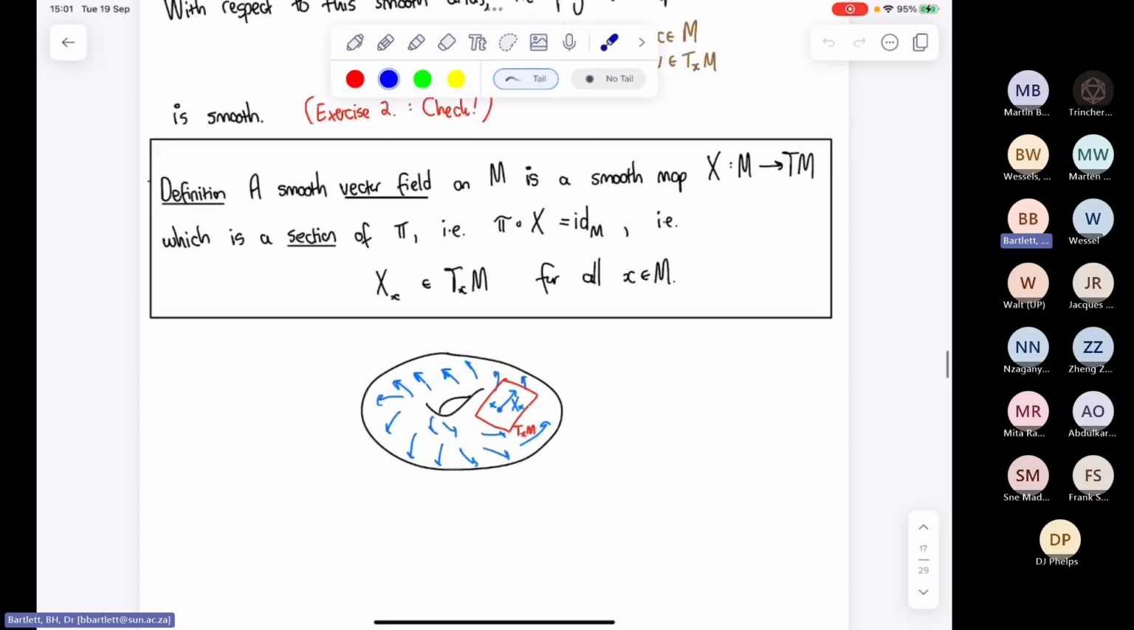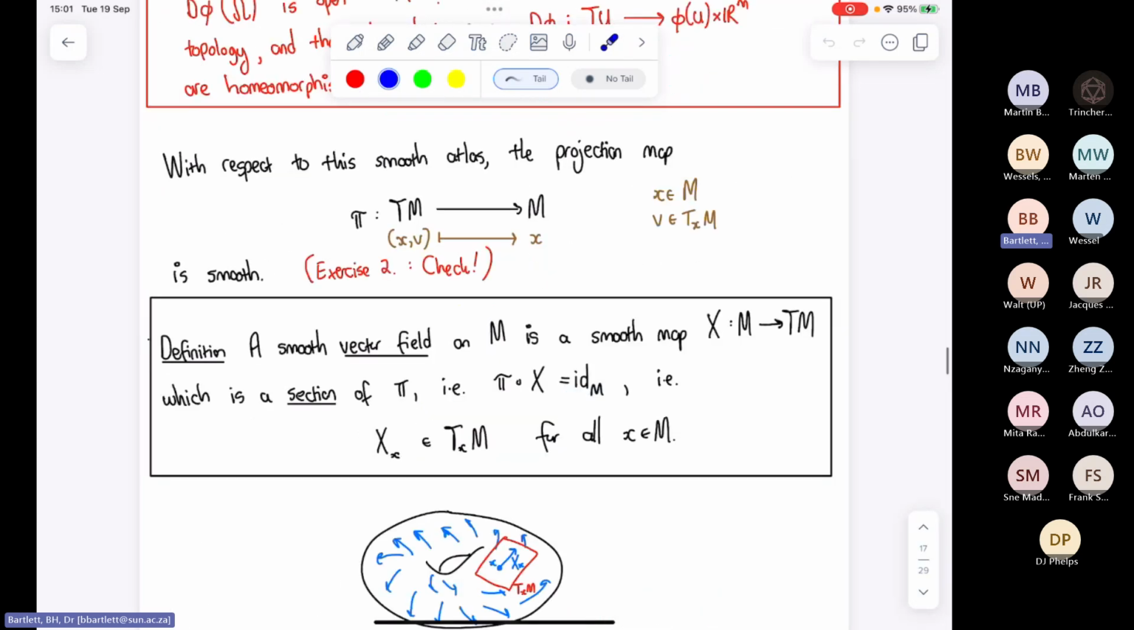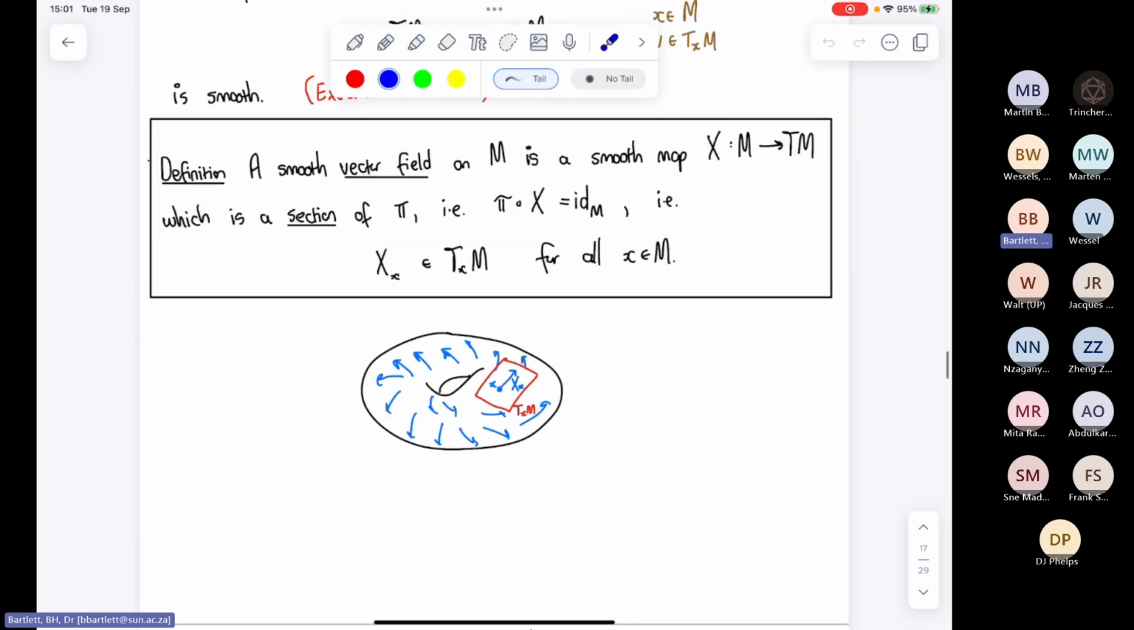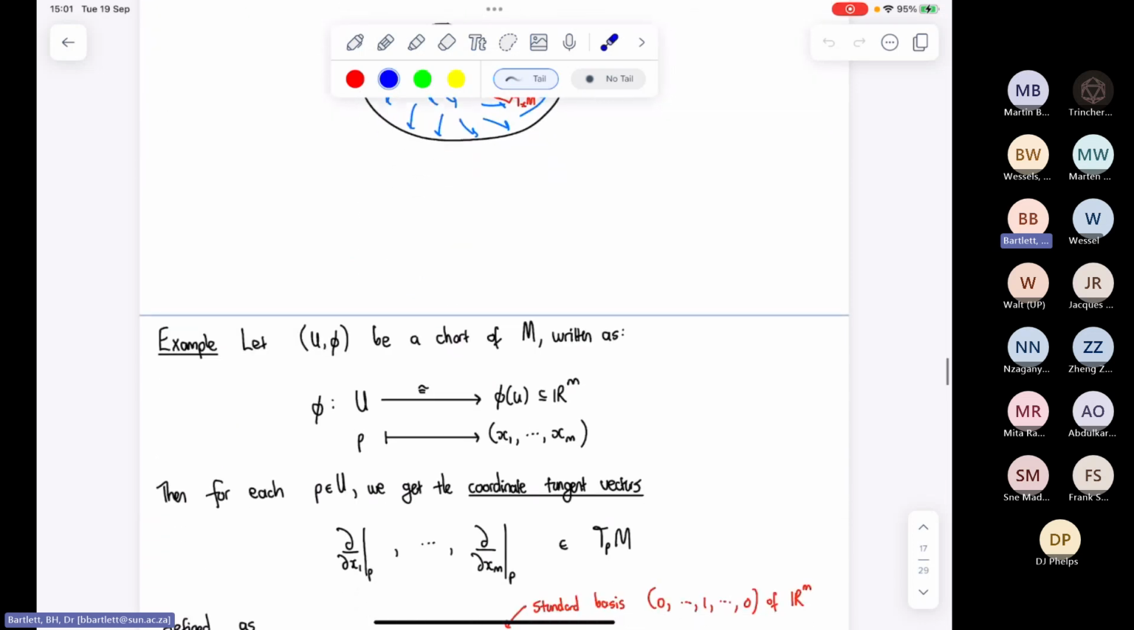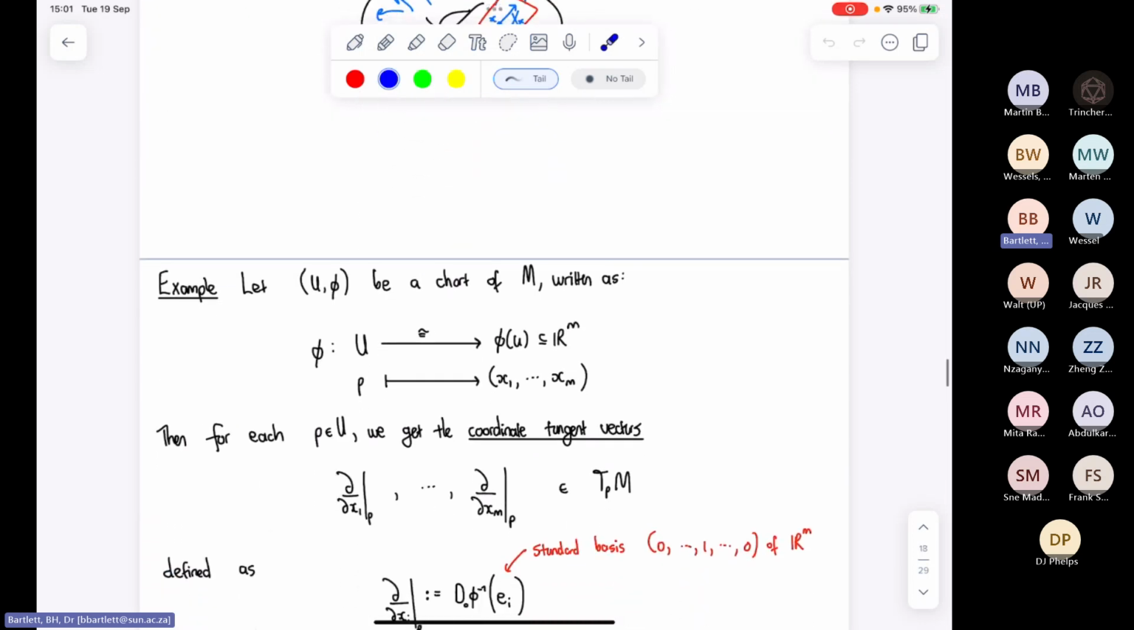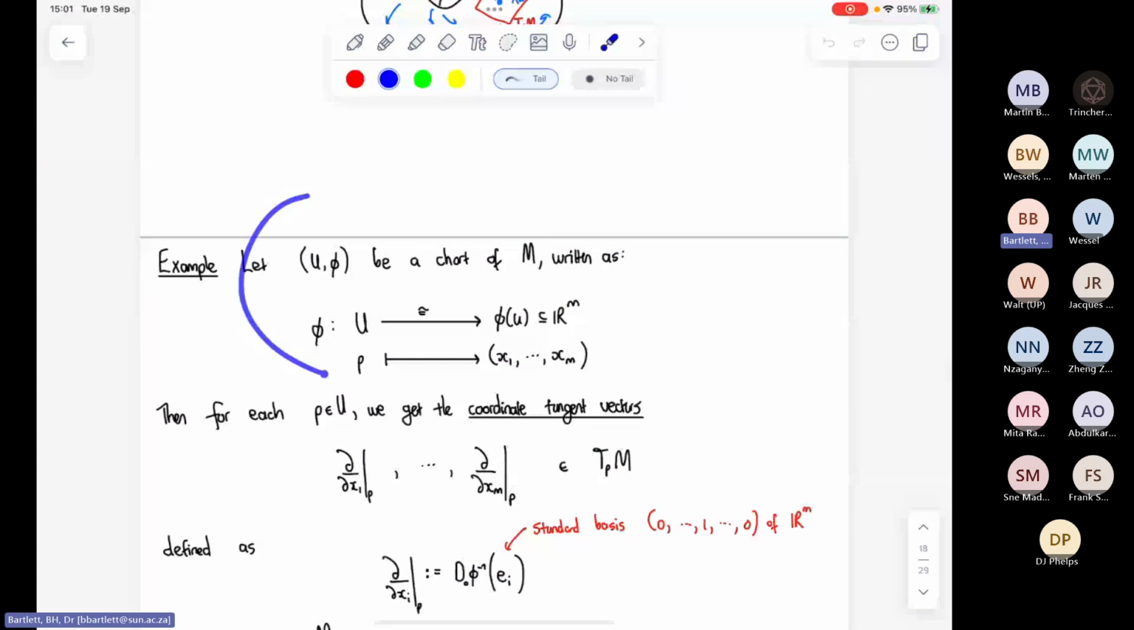So I want to do another example. I want to do an example of a vector field on a manifold. Okay, smooth vector field. This is a really important example. So take a chart of the manifold, right? That means I'm going to write it as some homeomorphism from U into some open set of R^m, and I'm going to write it like this: